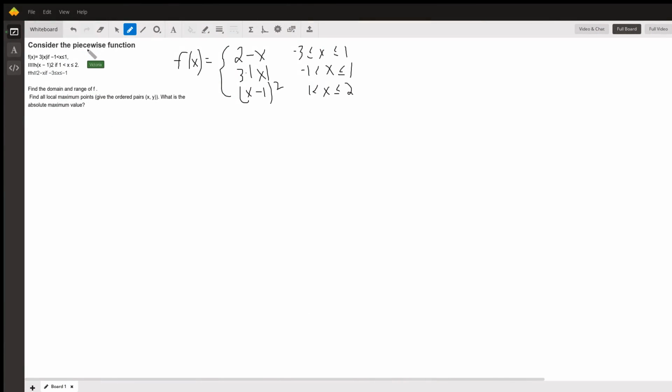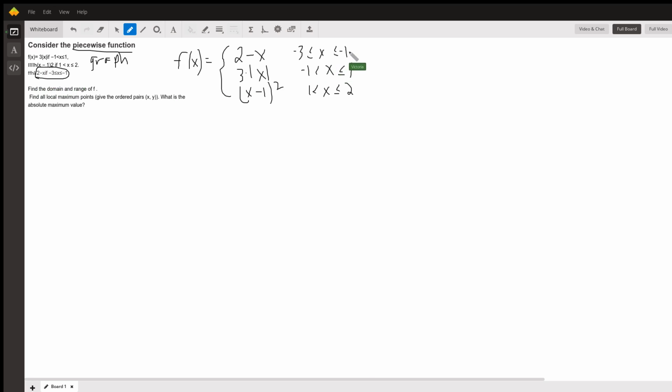asked questions about a piecewise function. And whenever I see a piecewise function, I want to see a graph. And so, first of all, I put these in the right order. So from the left to right, the -3 to -1, this piece is actually first, because it starts at -3